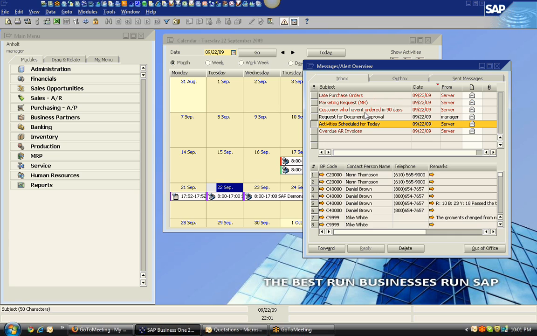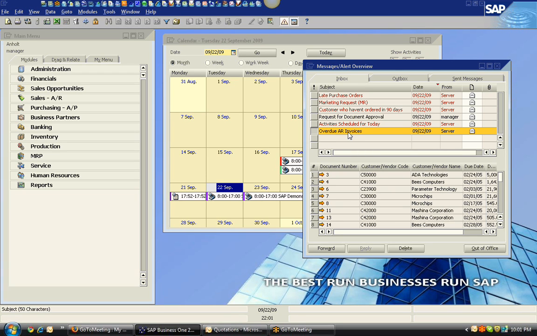Other approvals, other procedures and notifications. Here's an example. These are my activities for today. The nice thing about SAP Business One is that if I don't finish one of these activities today, then tomorrow the system's going to nag me with that same activity to make sure that I complete my task and that nothing falls through the cracks. And then finally, I have some open AR invoices. So these are invoices where the customer has gone beyond their terms code and they are late in paying me what they owe me. And so again, anytime there's a gold arrow, I could drill down and look at more